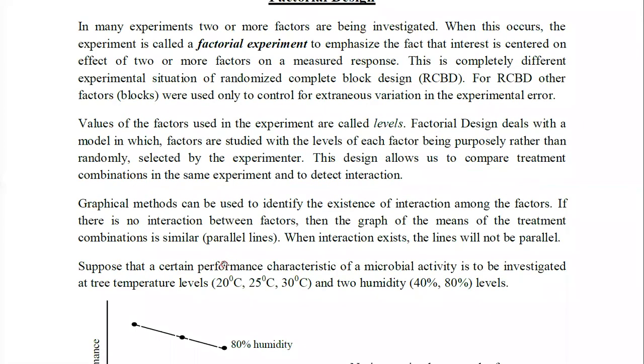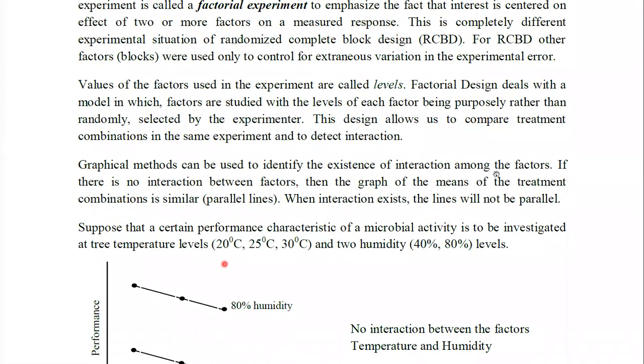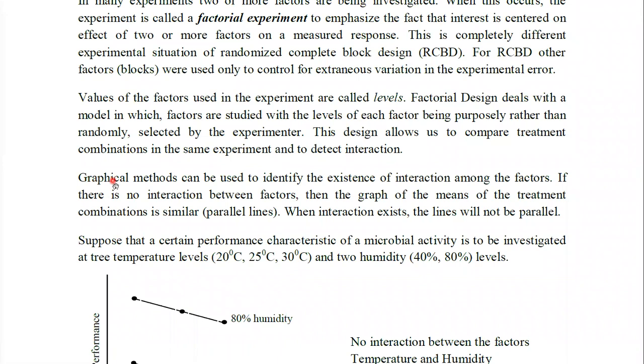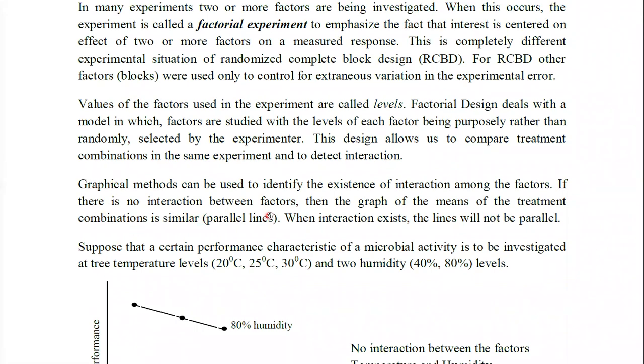Okay, now if you obtain the graph and you can see that there is no interaction between the factors, then definitely we can say that the graphs are parallel. We will obtain graphs with parallel lines once we plot the means of the treatment combinations. Normally we plot these graphs for the means of the treatment combinations, or else if you need, you can use the totals even. Normally we plot the mean values of the treatment combinations.